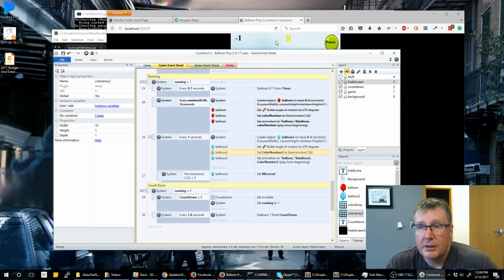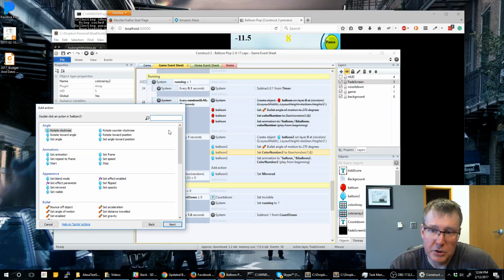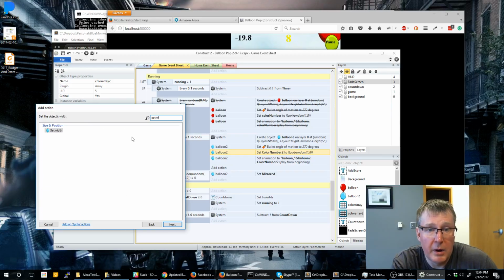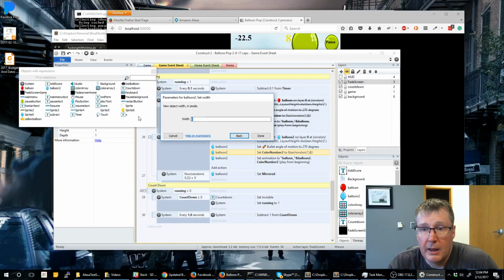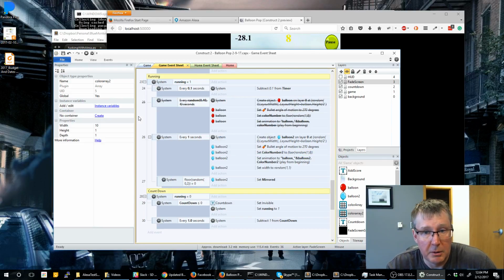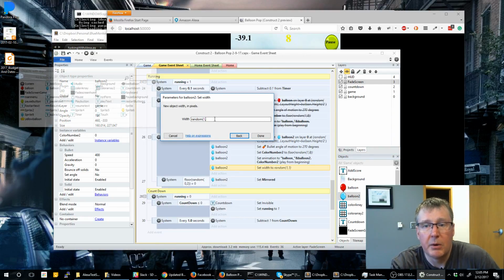Now, another thing I thought, if you were just trying to get some different variations, you can actually adjust the size of these things. And it's actually really, really easy to do. So again, we'll just use balloon 2, but I would recommend just getting it down to 1 balloon. There's no real reason for you to have to duplicate all of that. So what you can do is if you want to have them just different sizes, you could say set width. And then you could pick a random number. I gotta double check to see how big the width is. So the width is 160. So what we'll probably want to do is say, pick a random number between